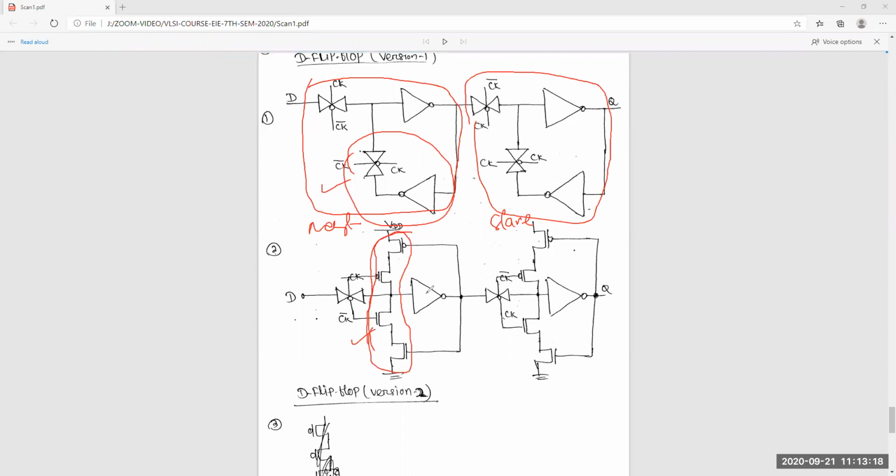Yes or no? Because you see, this is your output, connected to the inverter. Now this is your output, connected to the inverter, and the output is connected to the input of this point. So clear?